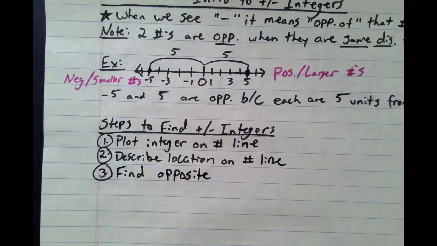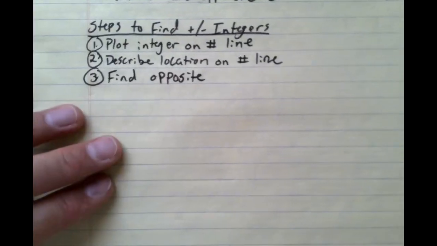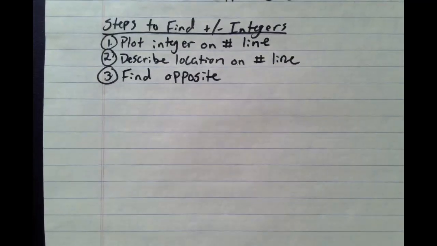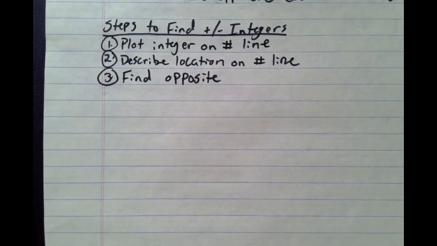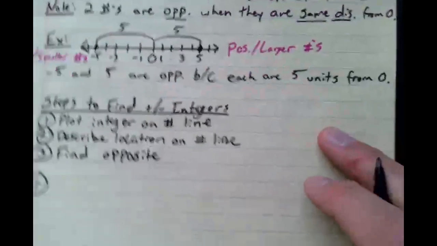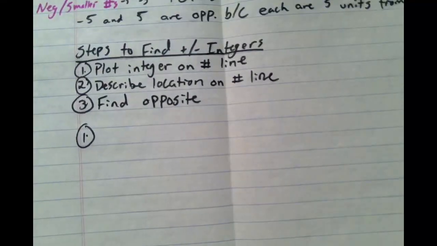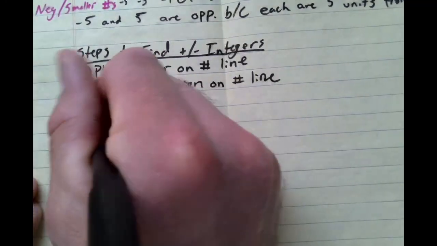That's it. So step 1 is plot integer on number line. Step 2 is describe location on number line. And step 3 is find the opposite. Okay? So let's see what this looks like. Step 1, and if you haven't already done the hot dog fold on your paper to keep it lined up easier, now's a good time to do that. All right, so number 1, the integer